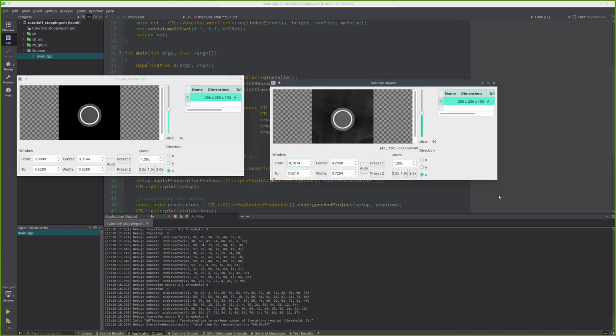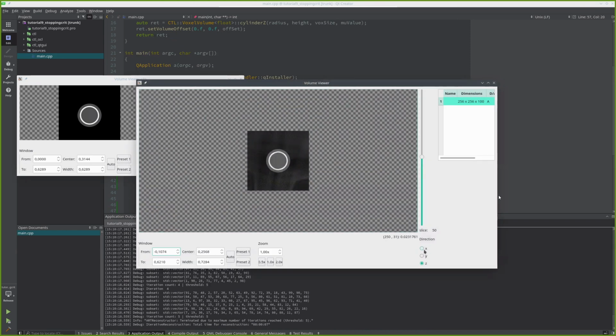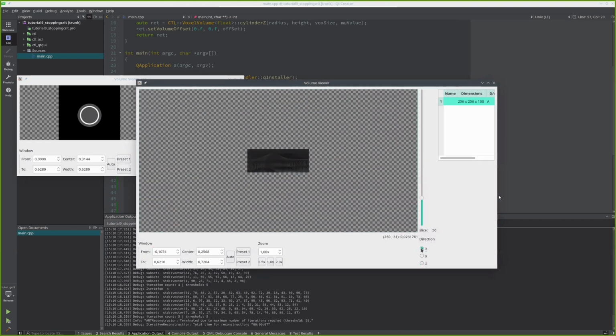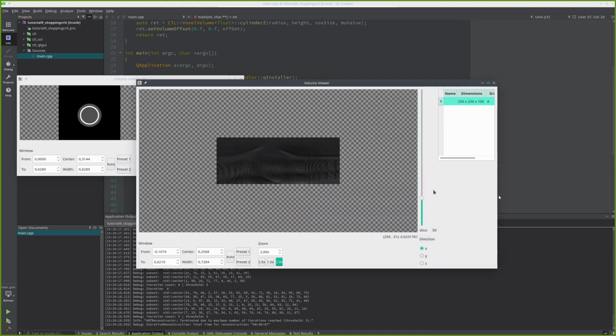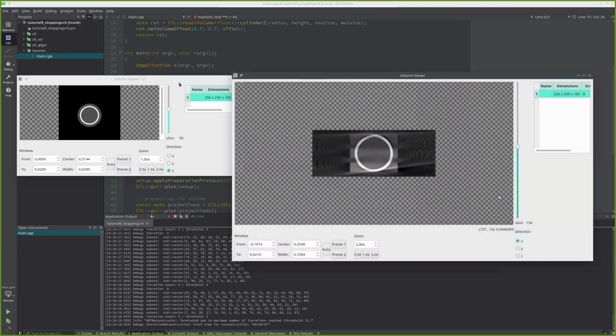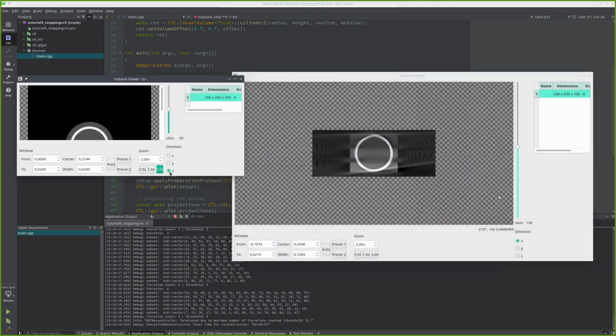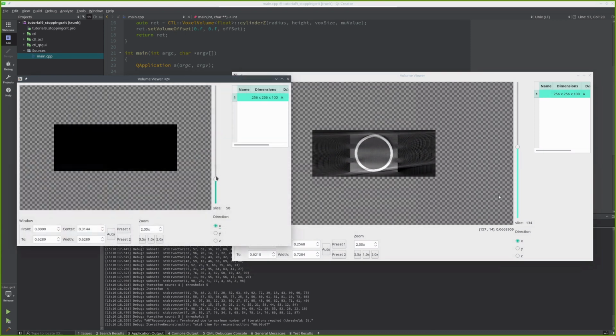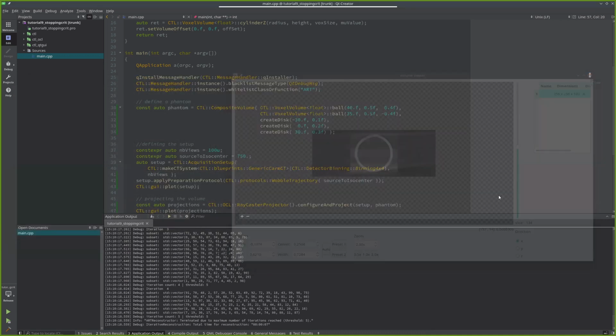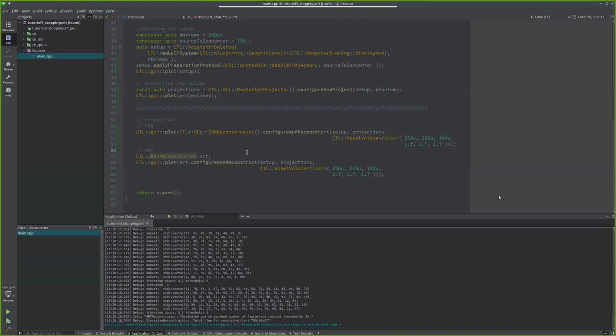And what we would expect from such a trajectory, again, is that the FDK is not able to accurately reconstruct this wobble trajectory, which you can see here. And if we use the same data in an ART reconstructor, we see that it reconstructs quite accurately in this case. All right, so let's play around with these stopping criteria and